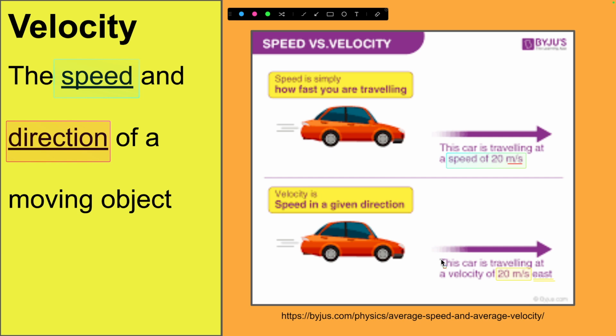If a ball were falling, you could say 9.8 meters per second squared down, since it's going a direction downward like this. It's going down. That would be a direction. You could talk about a bird flying up at a certain speed. But the key here is that it has a speed, and it also has a direction.